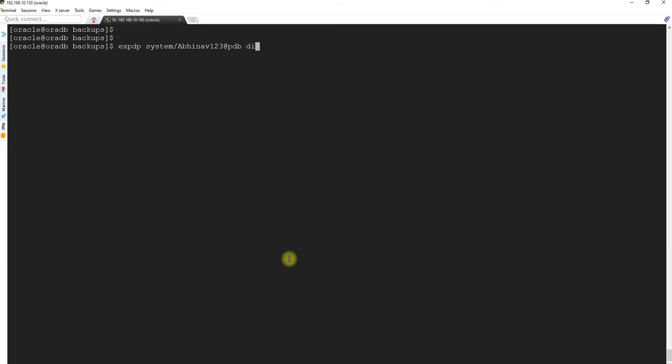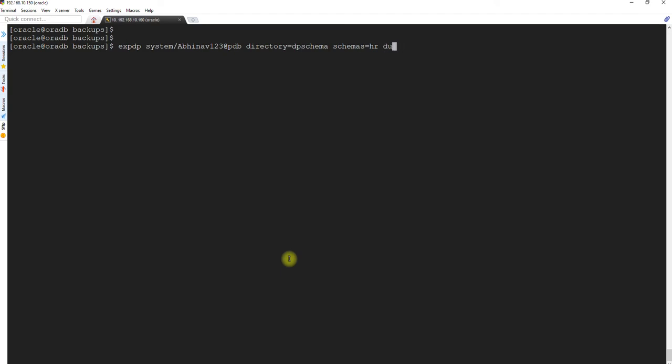Let's say directory equals dp schema, and now the parameter will be schemas. Last time we saw tables, this time it will be schemas, and we are taking the HR schema backup.